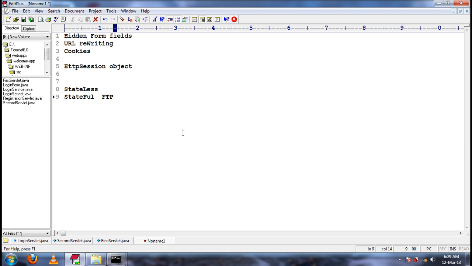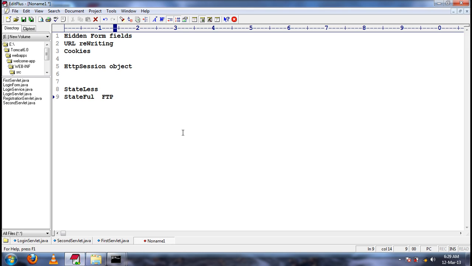Basically, HTTP is a stateless protocol, but if you want to maintain the state for multiple interactions, then we manage the session. Understood?